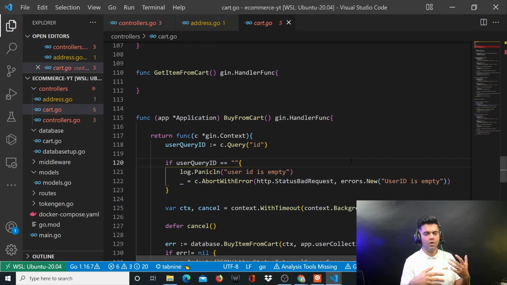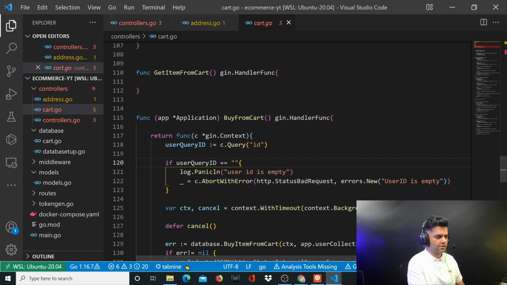I mean, not all users go and buy everything that they have, right? So you want to push them special offers saying that, hey, you had this in your cart, you haven't bought it yet, or is there a reason why you haven't bought it yet, or can we do something for that? So that's a huge part of e-commerce sales. All right. So you want to always have a backend cart. You can't do without it if you're building a production level application. Anyhow, so this function